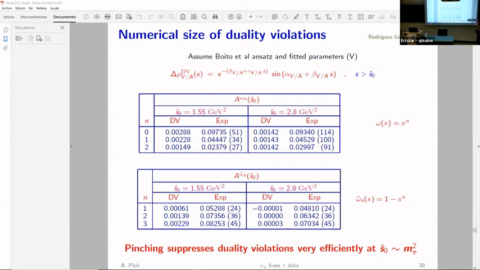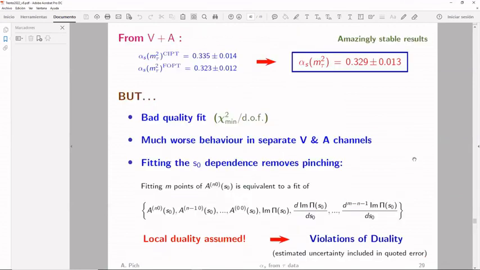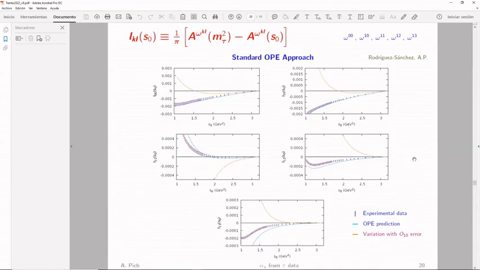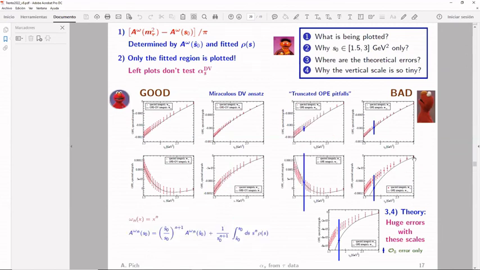Yes. Can I just make one small comment? I think this is important. Some of the comparisons that Tony gave in his talk are visually quite misleading. The reason is that, because these finite energy sum rule integrals are integrating over the same data over different regions, this creates very strong correlations between the spectral integrals for different s0. Similarly, the theory integrals for different s0 are very highly correlated. And in addition, the theory and the experimental integrals are extremely strongly correlated because the theory integrals come after fitting from the experiment. So things that are common in the literature, in which you plot the experimental spectral integral with its error band, and then you separately plot the theory integral with its error band and say, look, they overlap,